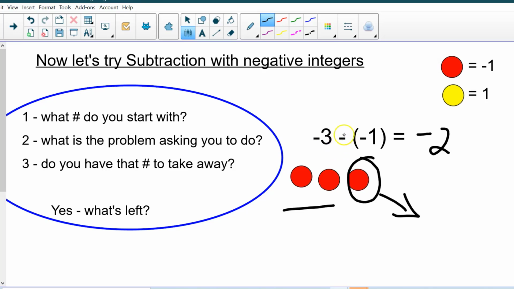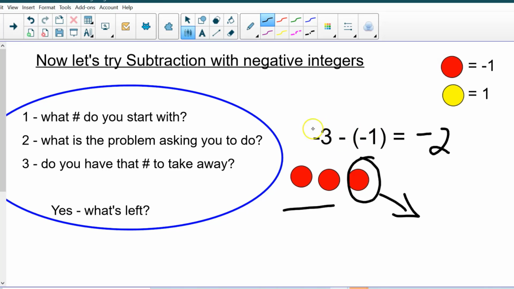Now, this is where it gets a little weird. I want to take away a -1. So if we think of this -1 as owing $1, right? I owe $3, and then we're going to take away owing another $1. So that could mean